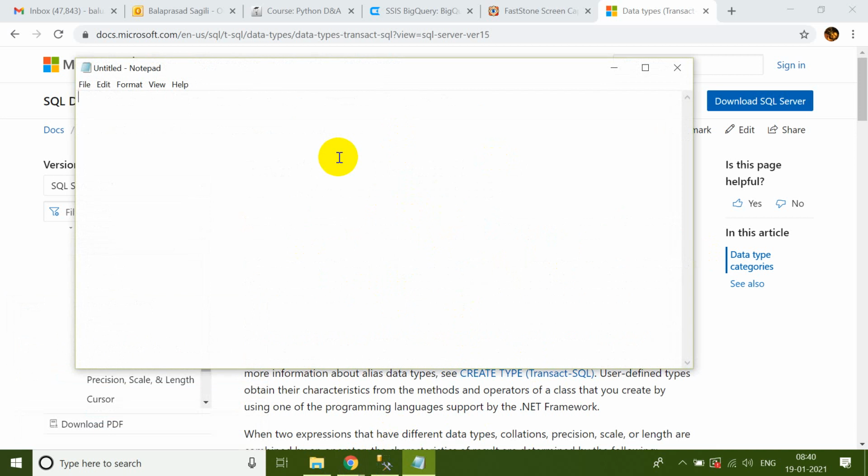So today we will discuss data types. Then we will see DDL commands. So DDL commands. So data types,